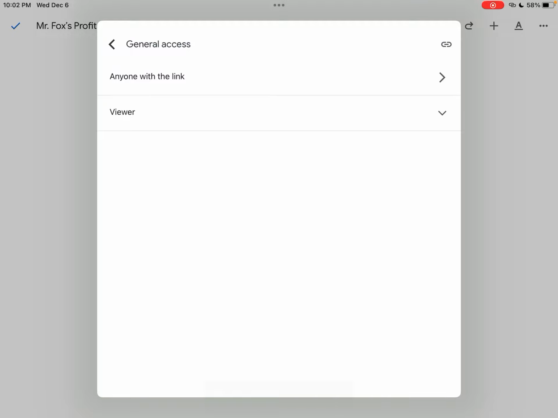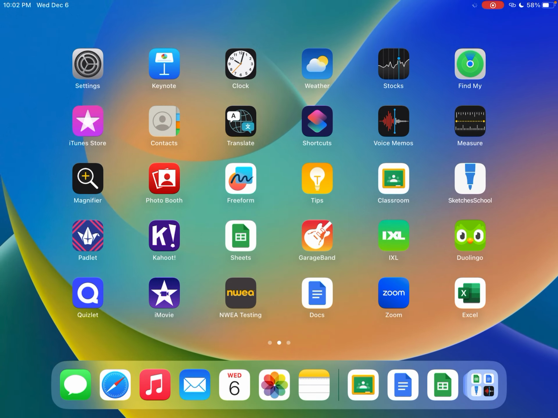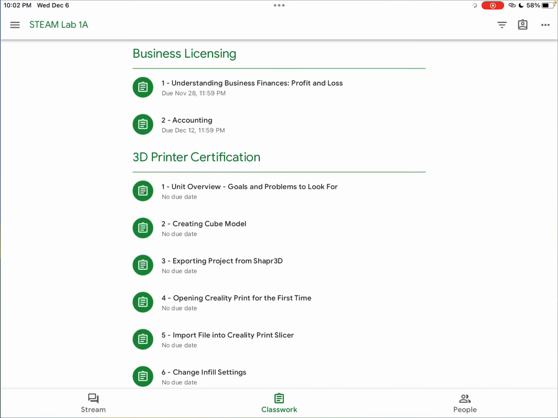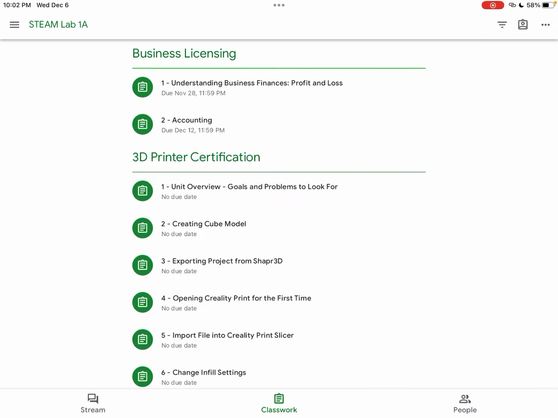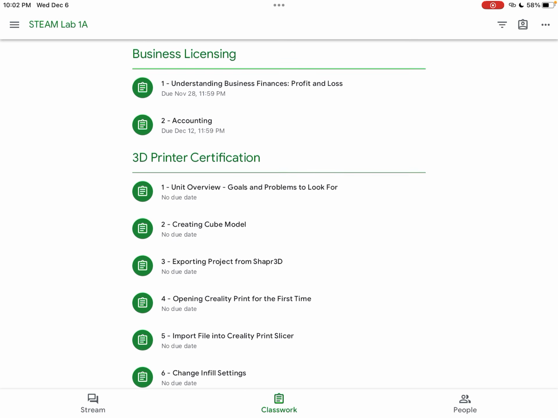Now I'm going to copy this link, and this is the link to this document. This is what I want to turn in to Google Classroom. So I'm going to go to Google Classroom, and then I'm going to go down to where it says business licensing,